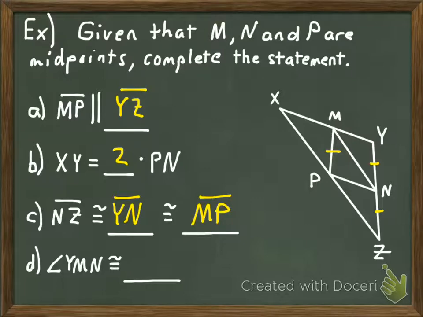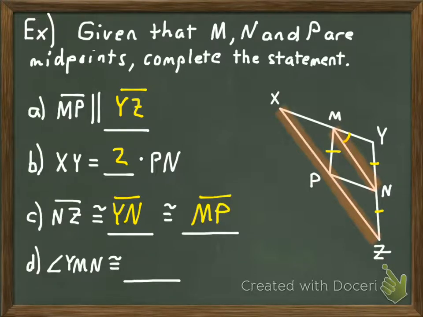Alright, and finally for this picture, I wanted you to tell me which angle in this picture angle YMN has to be congruent to. Now this is a little bit trickier. Alright, YMN is this angle right here. Now how in the world are we going to determine what that's congruent to? Well, we're going to use parallel lines here. And we're going to use, of course, the parallel lines created when you draw a mid-segment. You see how angle YMN, one of its sides is this mid-segment MN? Alright, let me highlight that. And segment MN is parallel to this side of the triangle,